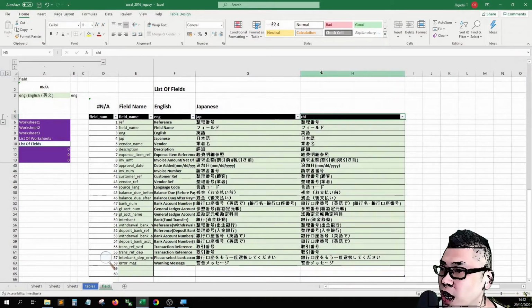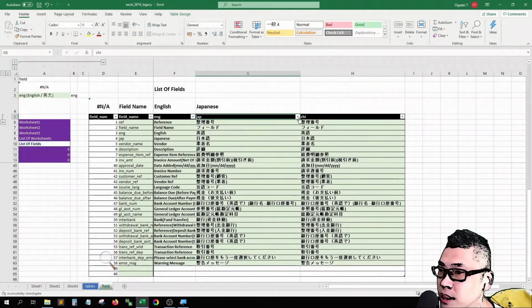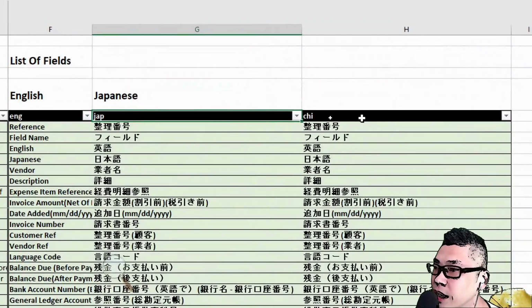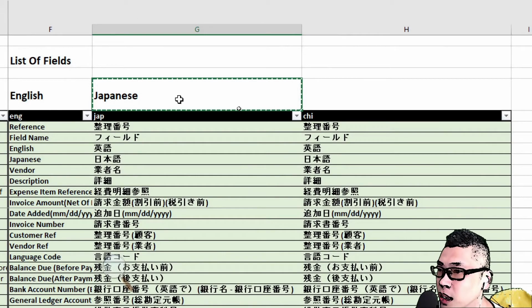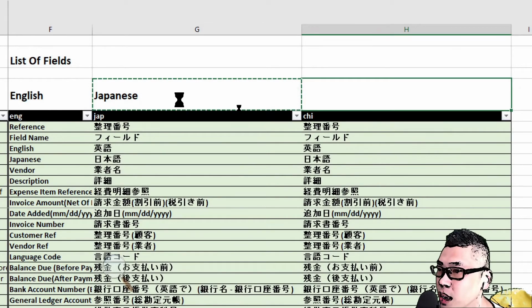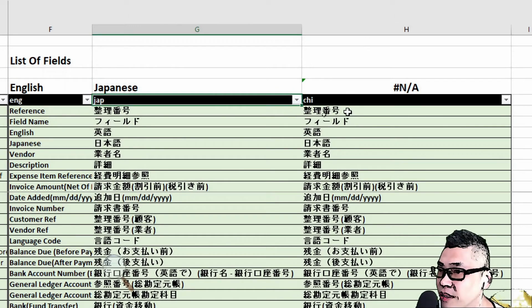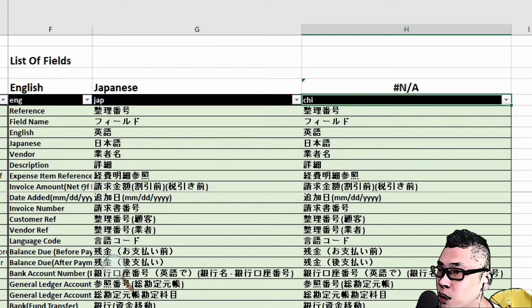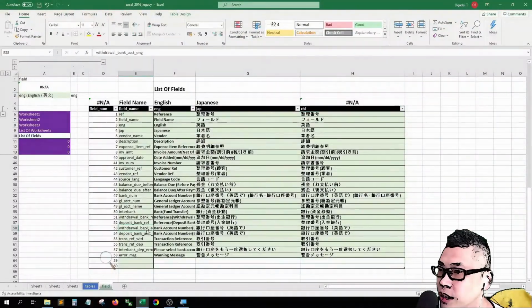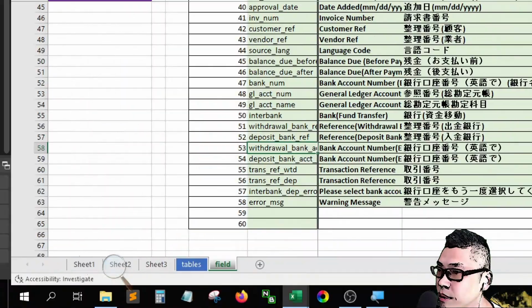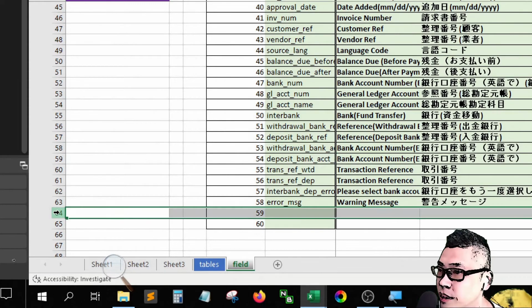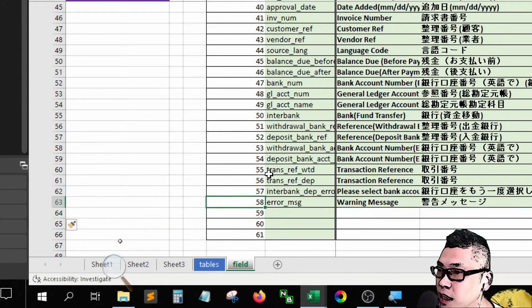You can enter your own Chinese description. Here, no Chinese is shown, right? Even with Control C, Control V to paste, you still can't see it because I don't have such a field. So come down here, pick whatever row, left click it, right click, and insert a row. And now you see me adding back Chinese.